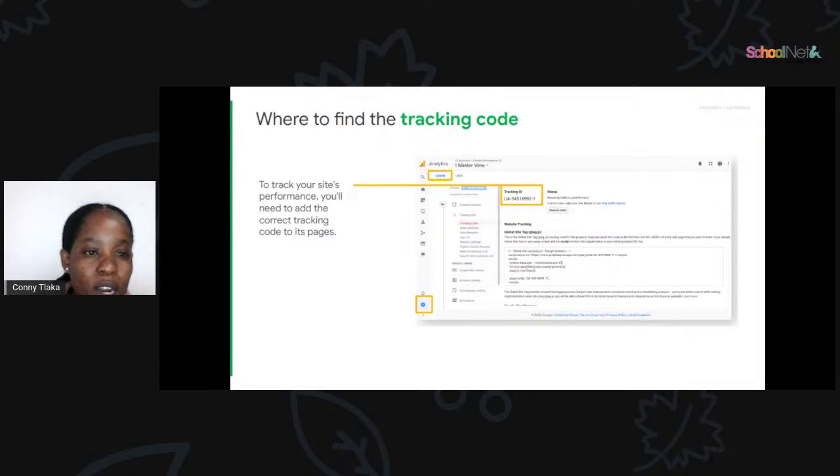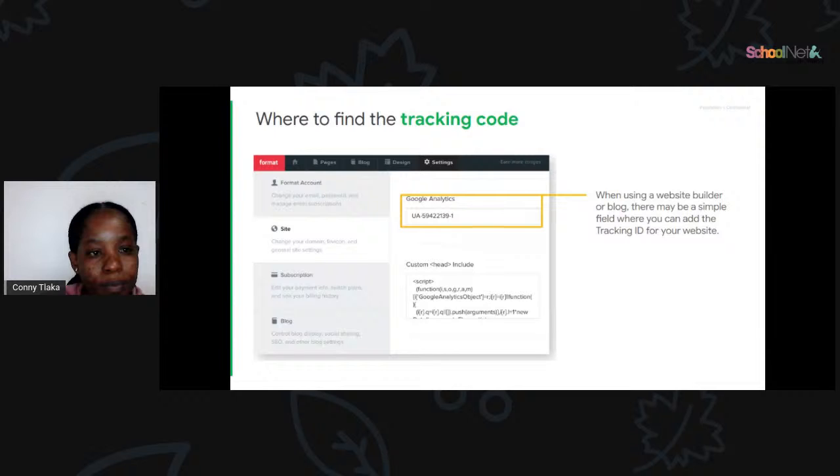After you set up, you need to know where to find a tracking code. To track your site's performance, you will need to add the correct tracking code to its pages.